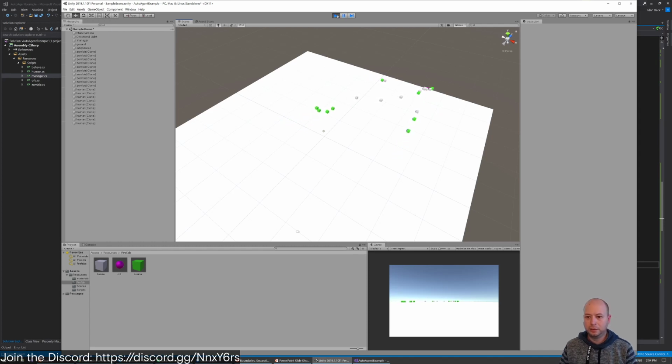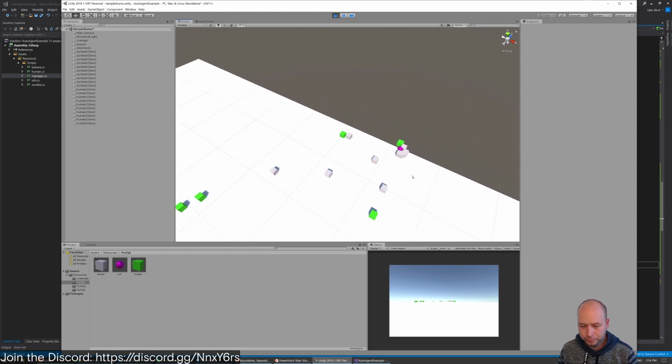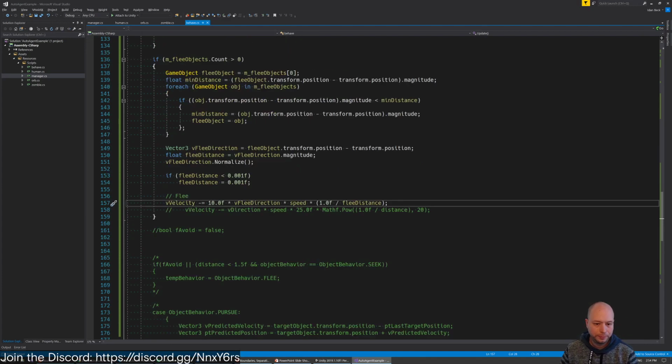Especially here in the center now, there's a lot more reaction. If we increase this even more, say we set it to 10,